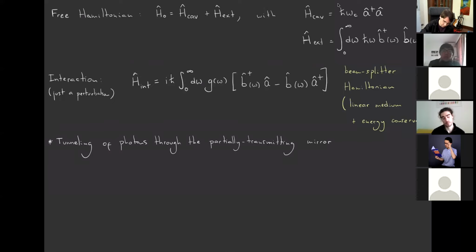So also, as I have mentioned, we are assuming that the interaction is just a perturbation. And in this context, as you will see in a second, it simply means that the optical frequencies, which are the scale of energies for the H0, are much larger than the tunneling rates, G squared of omega. And most importantly, this tunneling rate, G squared of omega, is proportional